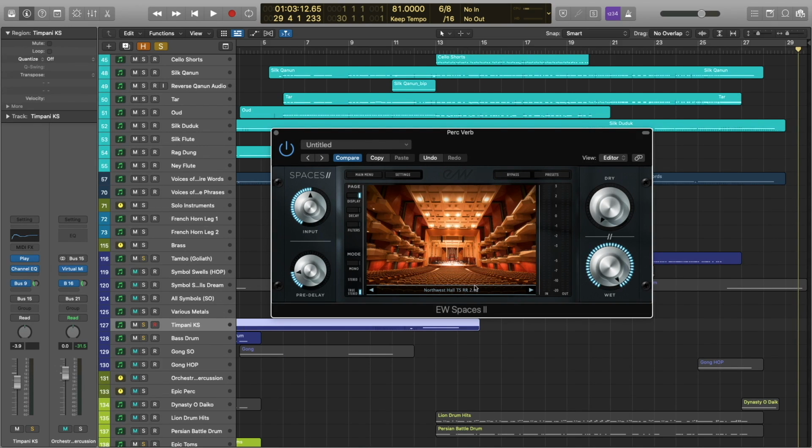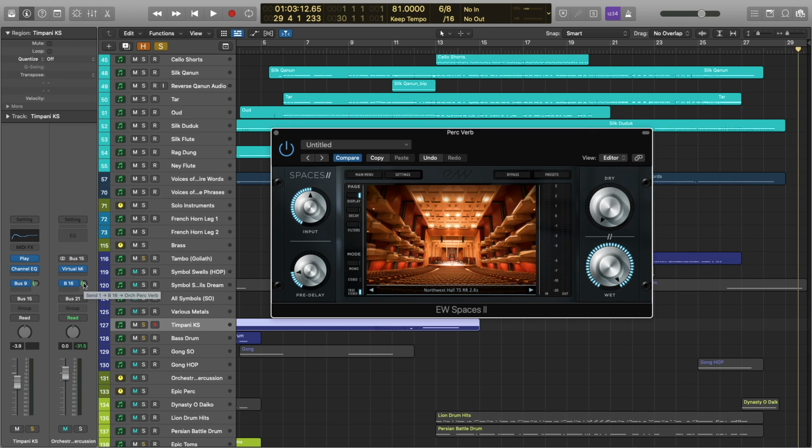And for this particular session, because we were working with so many different solo instruments, I had to send to some different reverbs from a few different actual instrument tracks. As you can see, normally I just send from the buses, but we just don't have the time to go through every single track and show you what I'm sending to. But all the reverb instances I just showed you are the only reverbs that I'm using in this session.